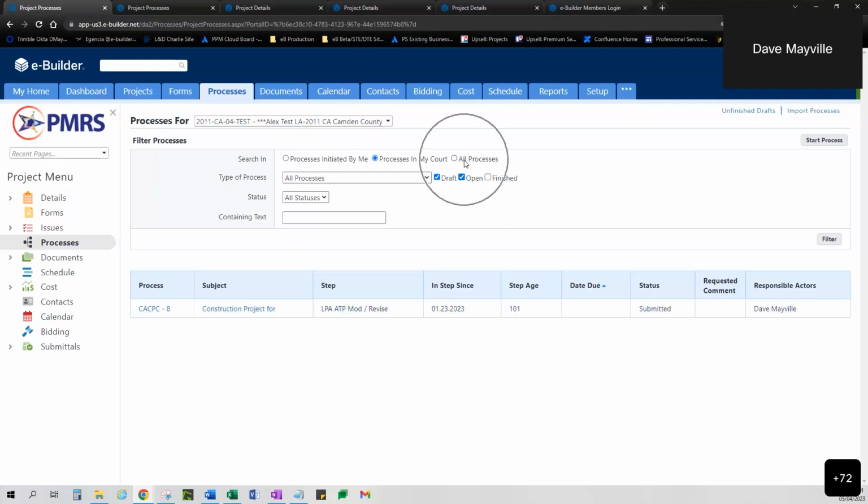The other option is all processes. So whether I started the process, whether the process is in my court I'm responsible for, or whether it's a process where I'm somewhere in it. Either the process hasn't got to me yet, or it's already gone through my step. As long as I have access somewhere in that process, I can view the details of that process. So if I select all processes,